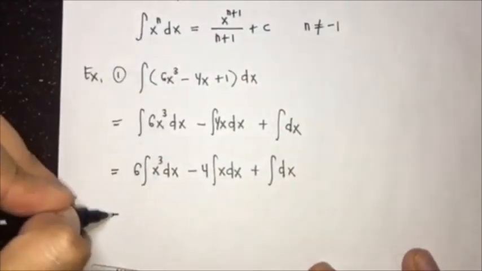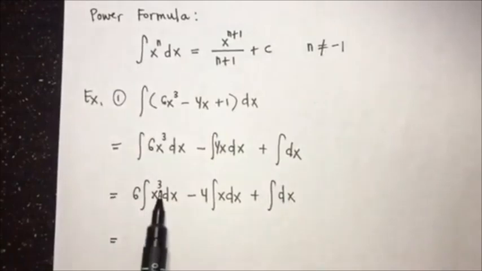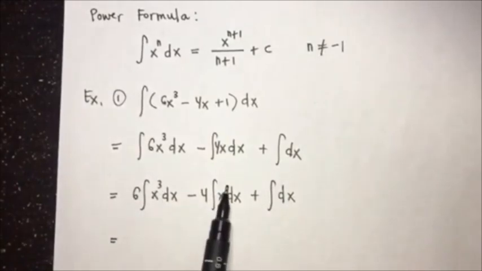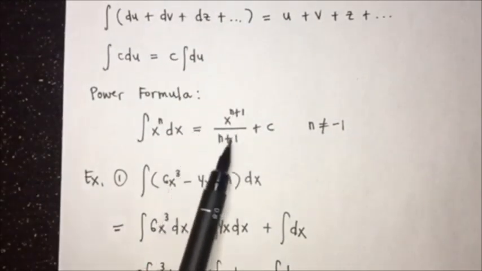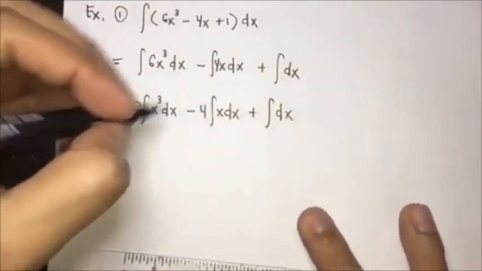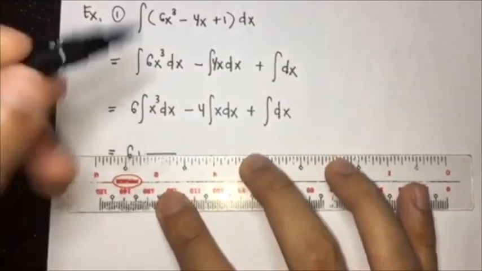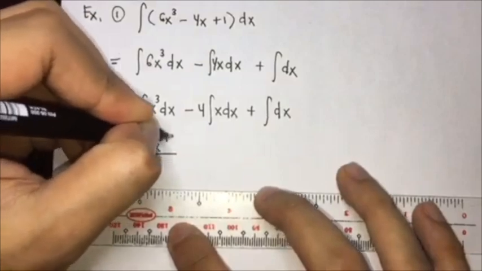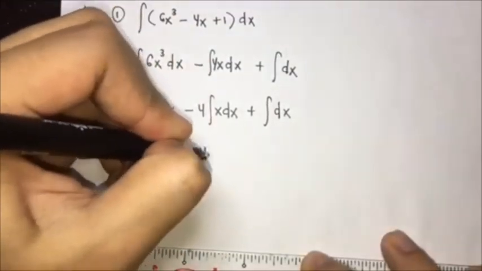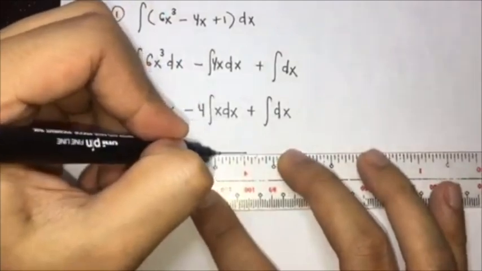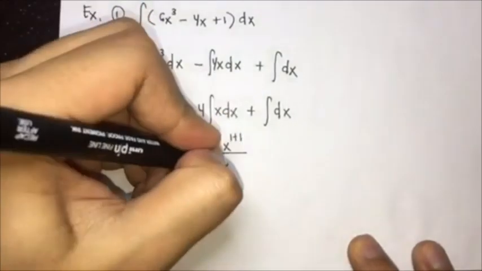Okay, so now we can apply the power formula, x raised to n. So here our n is 3, and for the second term our n is 1. So we can follow this formula, x raised to n plus 1 over n plus 1. So we will have 6 times integral of x cubed dx, so that would be x raised to 3 plus 1 over 3 plus 1, minus 4 times integral of x dx is x raised to 1 plus 1 over 1 plus 1